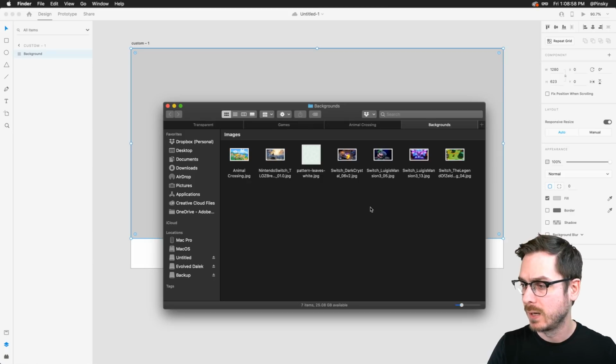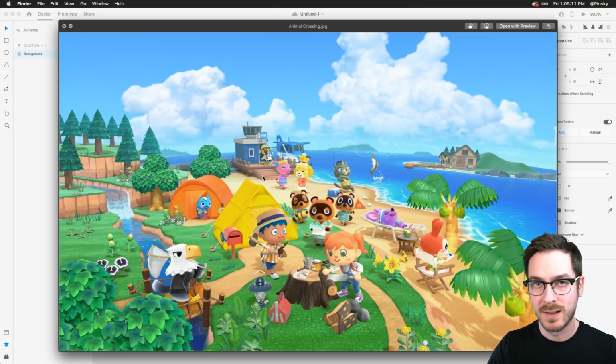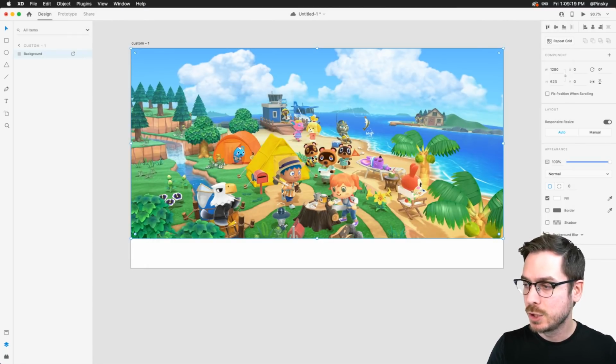I'm going to hop over to Finder, and I've got a ton of different assets we're going to be using throughout this project. And I've got this lovely, this is just so cute. And if anyone was asking about Animal Crossing, this is kind of what it looks like. You're put on a deserted island, and you just build up your little world. It's kind of cool. So I'm going to drop the Animal Crossing image directly into this mask,